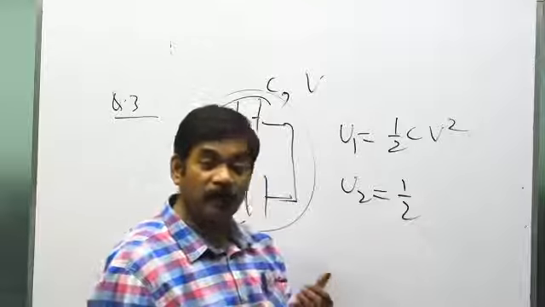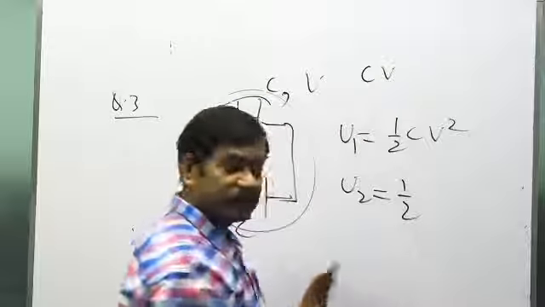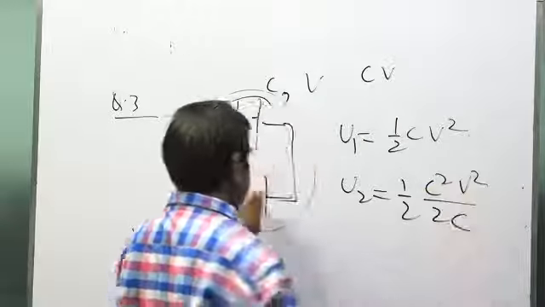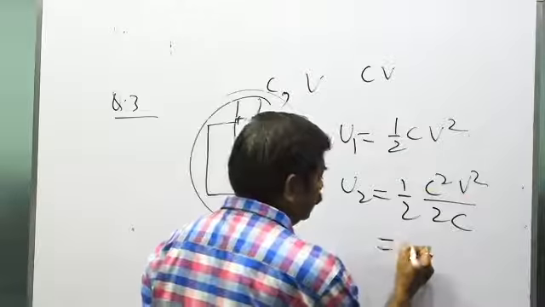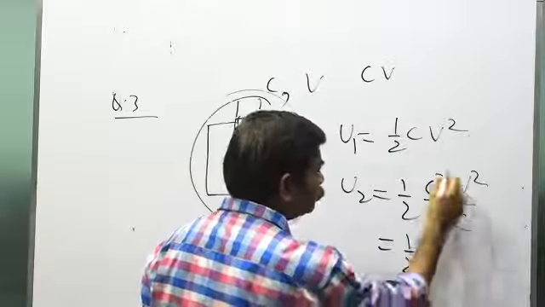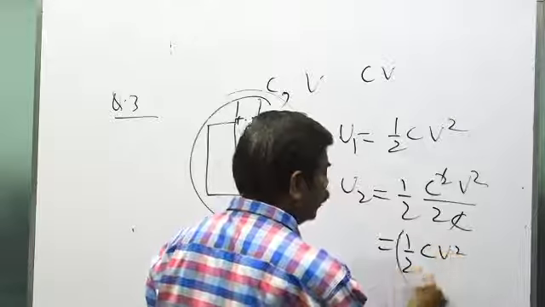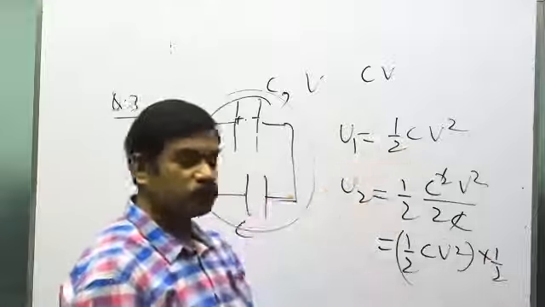Calculate by what? Half Q square by C. So Q of the system initially was CV, so that remains the same, CV. So C square V square upon what? 2C, because they are in parallel, so capacity becomes what? 2C. So this becomes C, it is half of, this is what? Half of C square into what? 1 by 2. It is what? This was half C square.